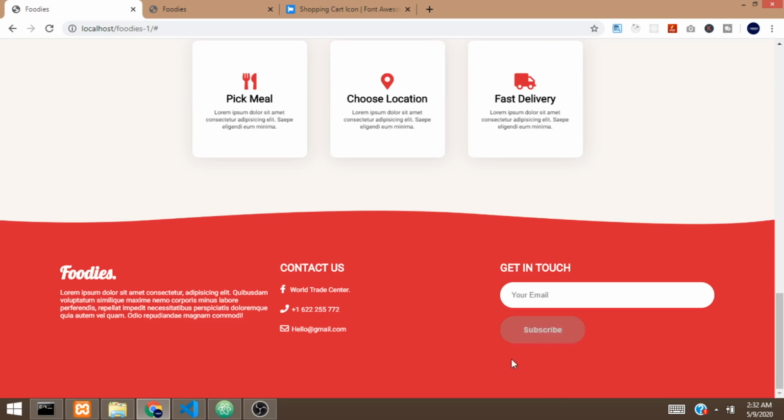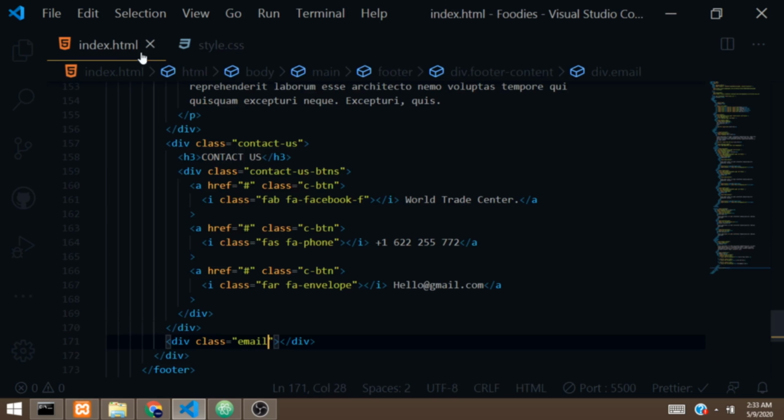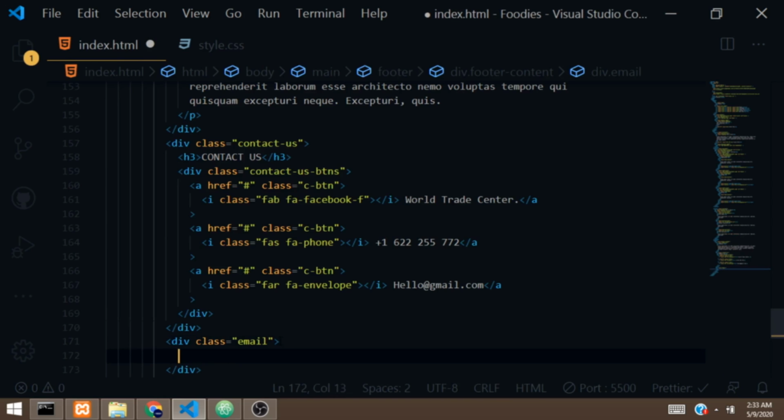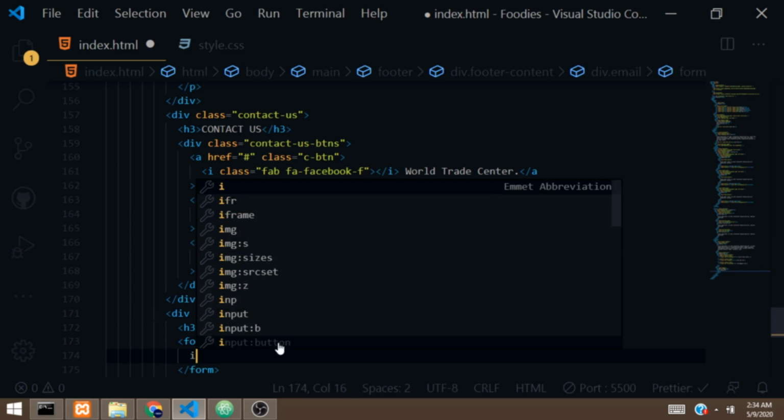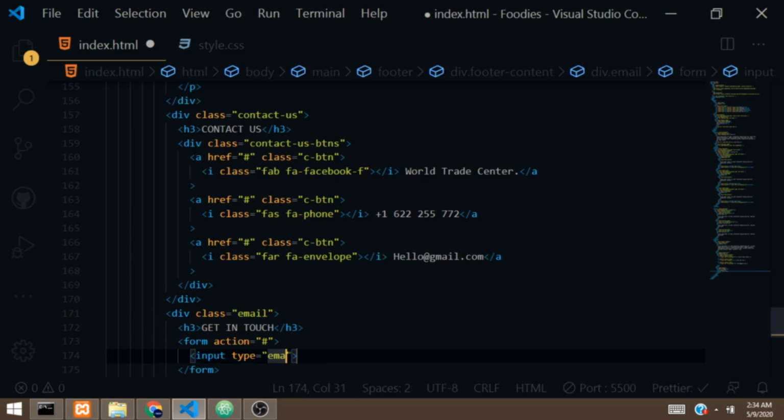So the next step, I want to work on this part, that is this part with the email and the button. We are going to open the index.html file, and inside the div with the class of email, we are going to add a h3 element, and we give the text of get in touch. So below the h3 element, we are going to add a form tag, and inside the form tag, we are going to add an input. Then we'll give the type of email,